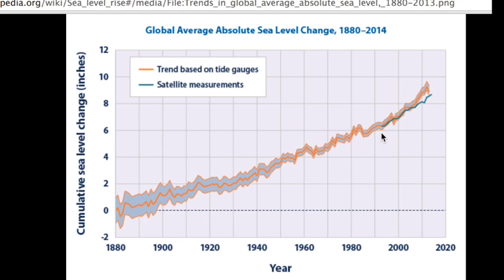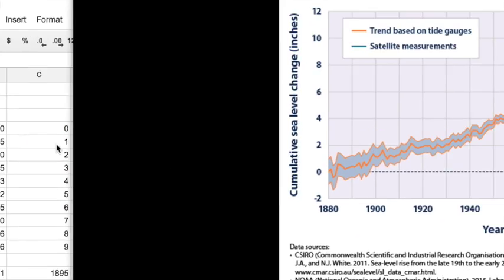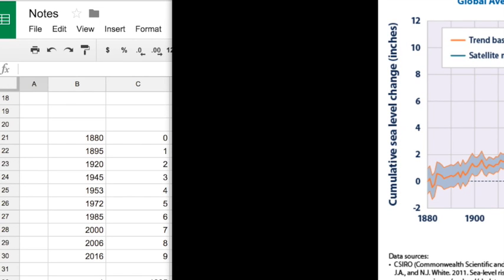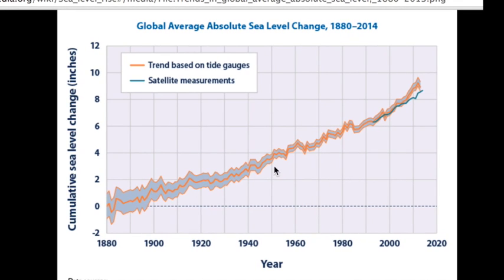And in order to do that, I went to Excel over here, and you can see I eyeballed each of the years that we hit 1 inch of sea level rise, 2 inches, 3, 4 inches. So for 1880, we started at 0 inches. 1895, 1 inch. 1920, 2 inches. 1945, up to 3 inches. 1953, up to 4 inches. 1972 at 5 inches. 1985 at 6 inches. 2000 at 7 inches. 2006 at 8 inches, and it looks like 2016 we are going to hit 9 inches